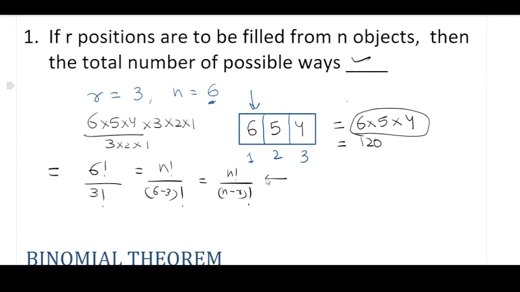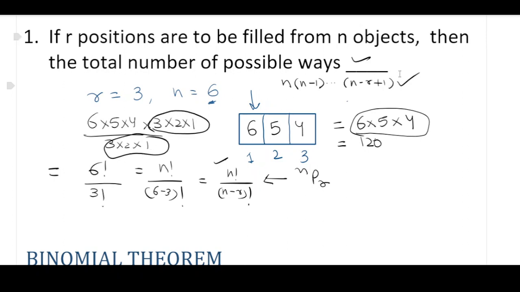There is a notation which in mathematics we denote by nPr, that is the number of possible ways in which r objects can be arranged from a total of n given choices. So the number of possible ways is this. This is the answer, or we can write it as: the first position can be filled in n ways, the second position can be filled in n minus 1 ways, the rth position will be filled in n minus r plus 1 ways. So this will be the number of possible ways, and if you now try to generalize this,